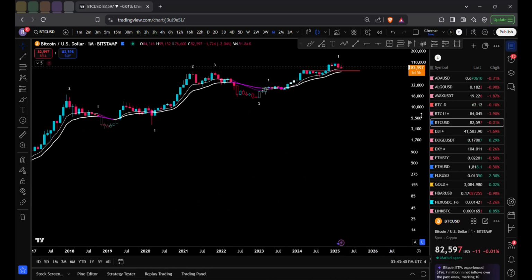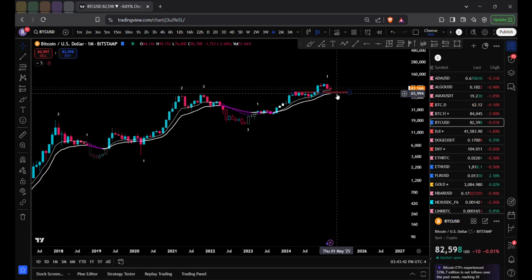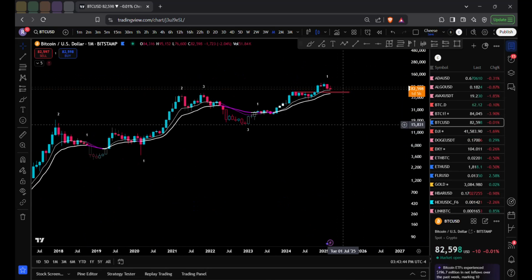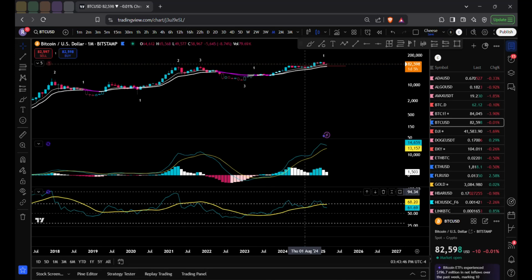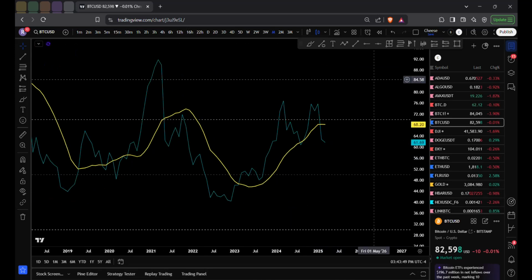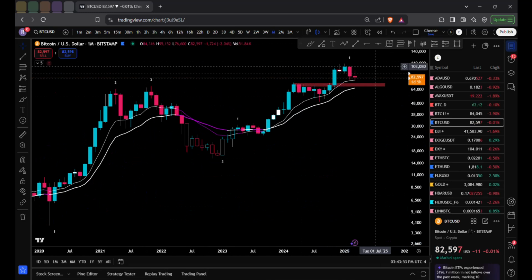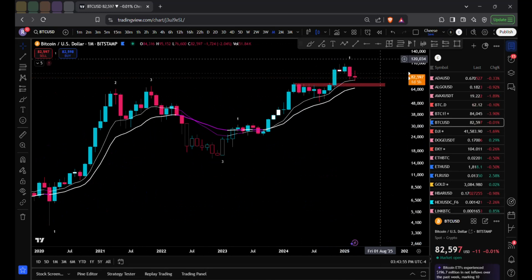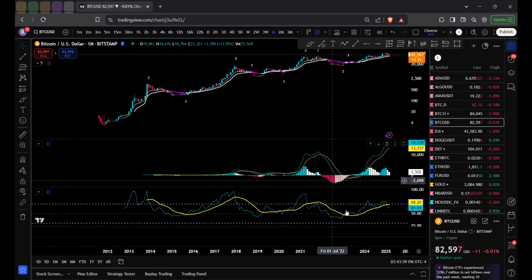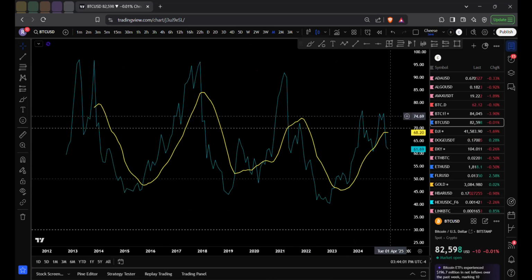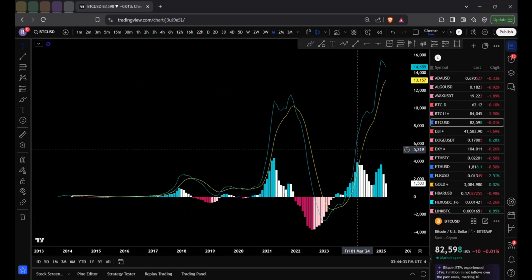Bulls obviously want to pull back to the 21-day moving average of 65 to 70,000 and see major support. What I think could potentially play out is we could form another higher low, come back up to the 103, 108, or even break it and go to the 115 to the 120, and then form another lower high on the monthly,